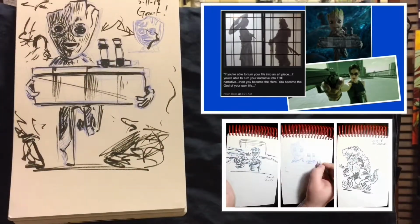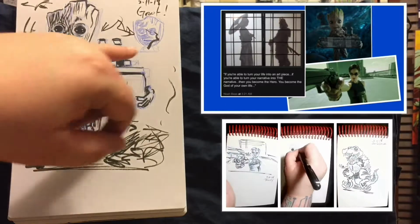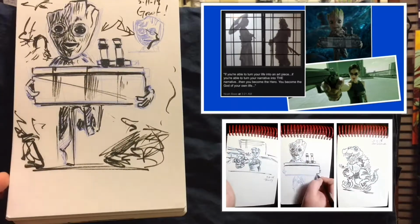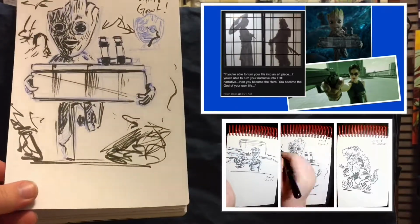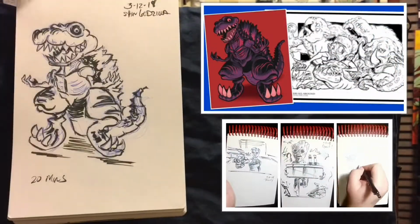Groot, not so much. Groot's one of those ones where it's very hit or miss if I nail the design or not. And went back here, tried getting his face a little better. He's got such a cartoon face that it's easy to miss if you're not 100% invested. And like I drew Groot a couple times last year and really like how they turned out, but just wasn't